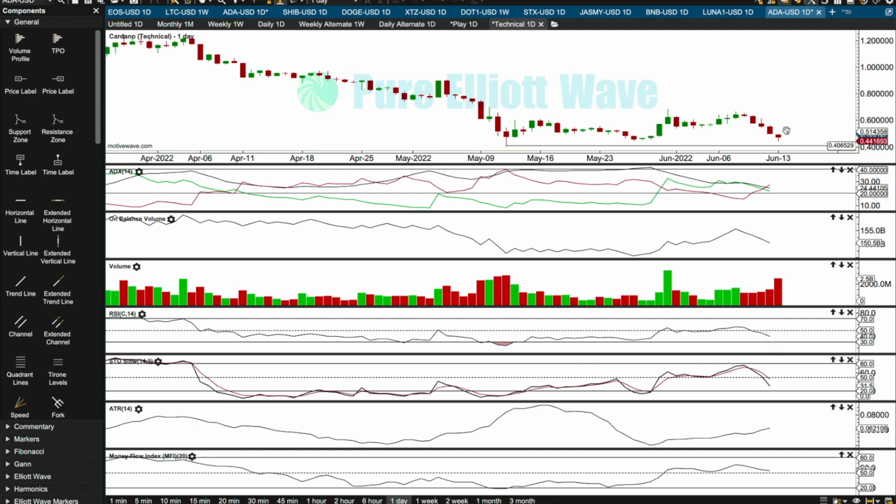I think this might be a good opportunity. I'm going to consider buying just a little bit of this. I don't care, to be honest, if it makes lower lows. I'm fine with that. I'm not trying to pick a low. I'm just trying to get in reasonably close to a low, because if I purchase any of this today, it's